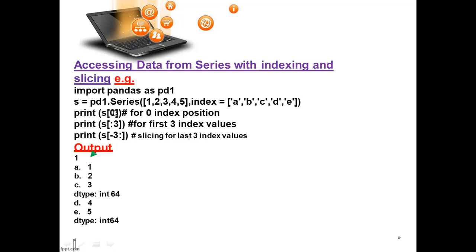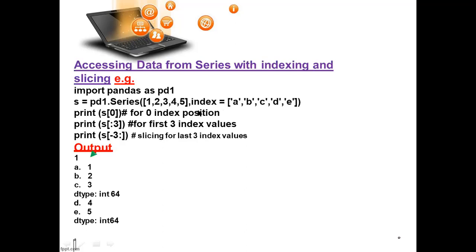S[0]. 0 means it will display the first position value, like 1 or A. 0 means the first position, and if you give S colon 3, the first 3 index values will be displayed. Now print S[-3]: from the last, negative values will be displayed.